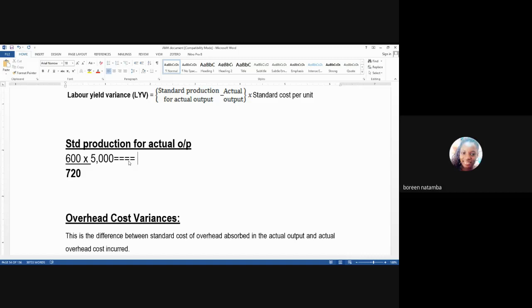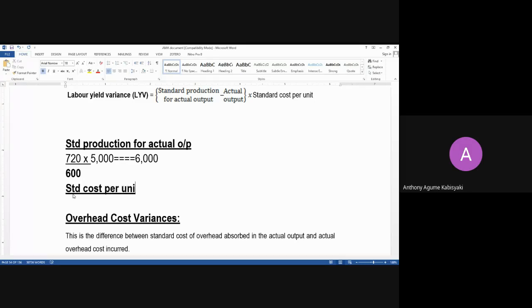4,166.666. No, it should have been the actual. It should have been 720, not divided by the 600. Get the actual time. 6,000. So this is 6,000. Then for standard cost per unit, the standard cost